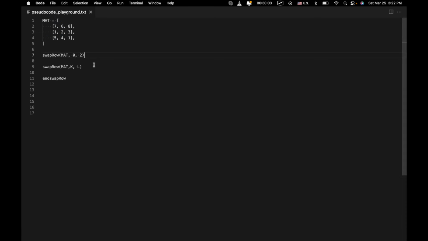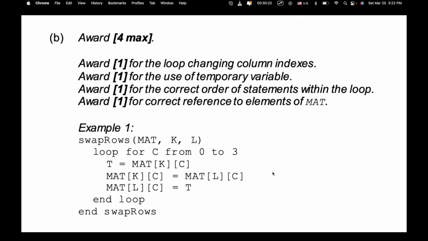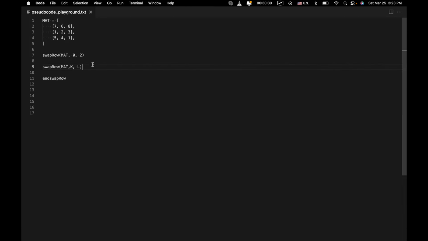So I would say the way that I would do this is I'd probably create a new array. Or what we could do, so if you go right here, it says use pseudocode to construct an algorithm for the method swap rows. In this question, actually, there are a couple of ways to do it. I actually assume that you could use the swap function, but even so, if not, what we can do is we can just go through the index for each of these, and then we can just swap those rows. So basically what that means is that what we're going to do is we're going to say